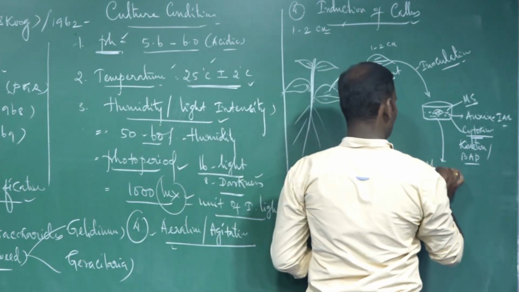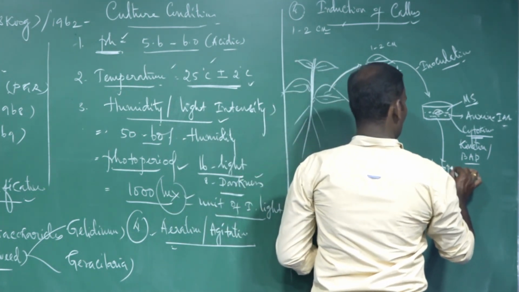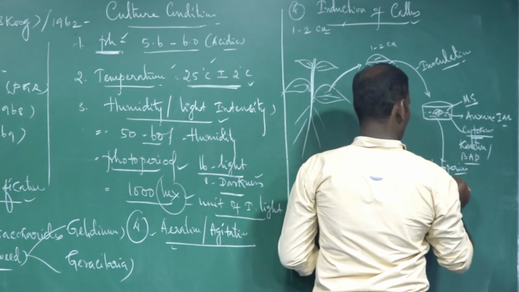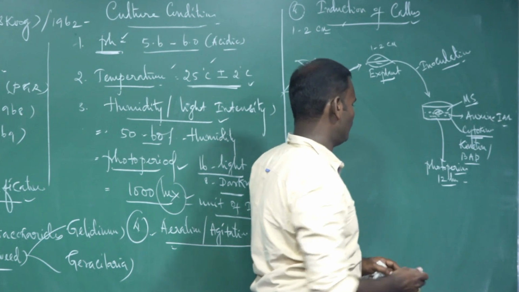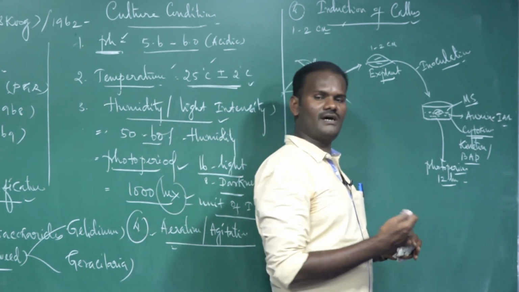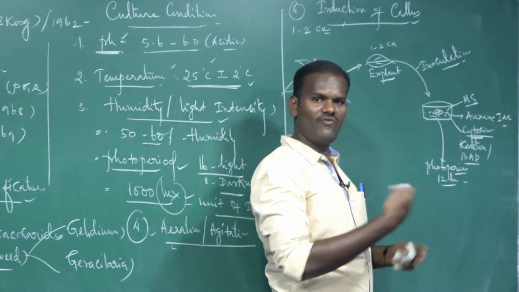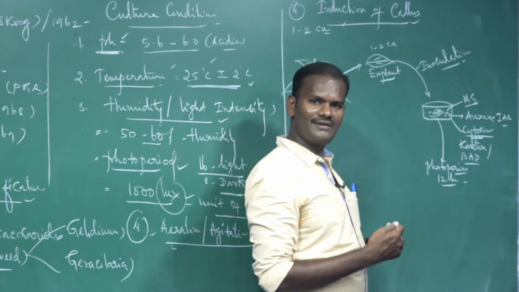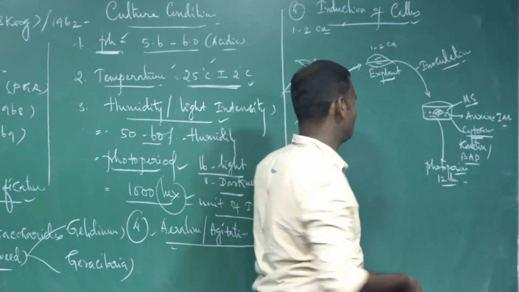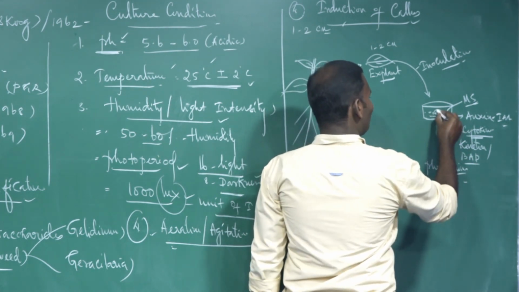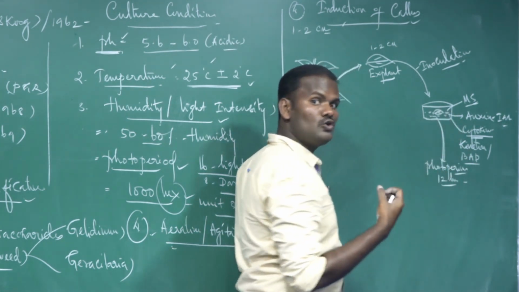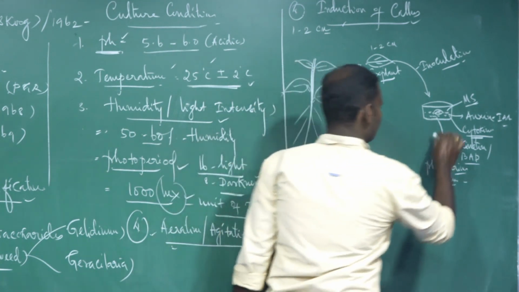Then it is followed by alternating light and dark periods for 12 hours. That is called photoperiod. Twelve hours in the sense, for example, 8 hours or 16 hours of light, followed again by 4 hours of darkness, alternating light and dark. The surface of the explant should be exposed to this to develop callus.